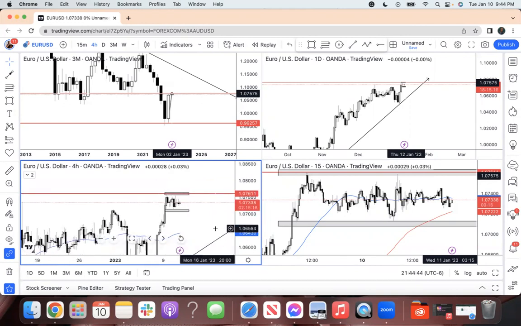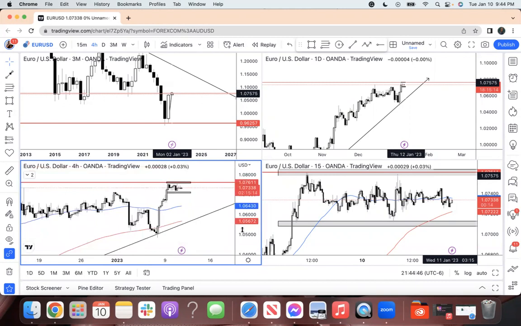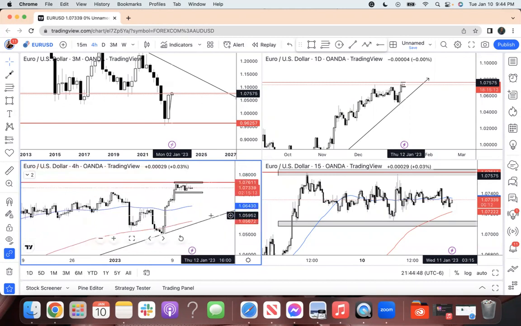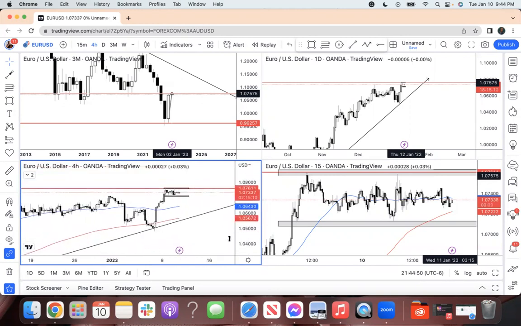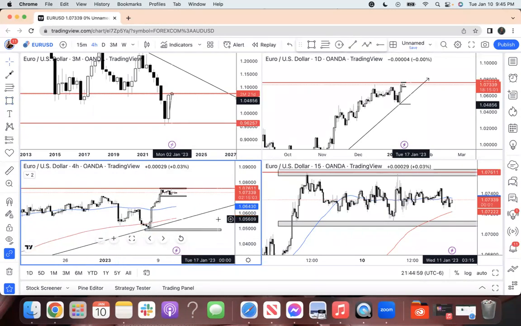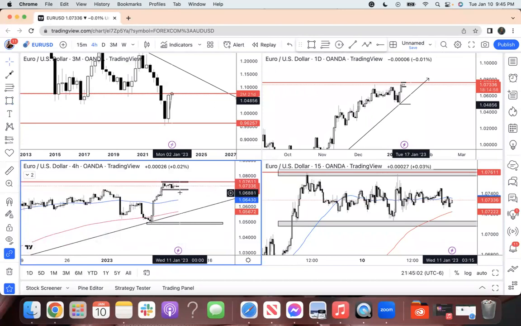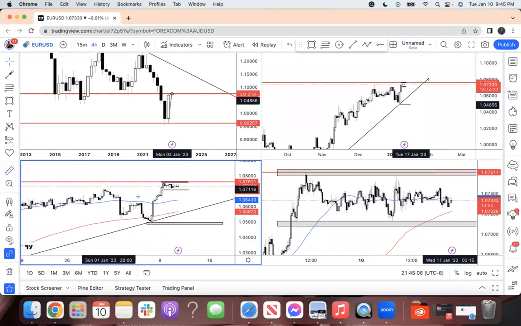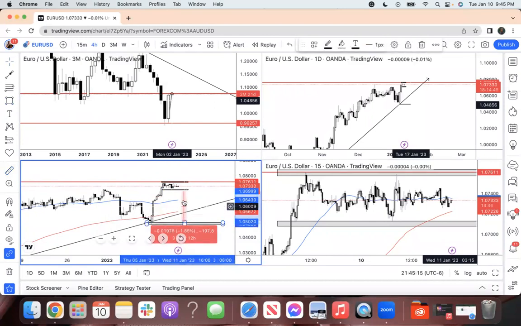And what I also like to do is look for the next area above and beneath that zone so that I know that the area that I'm targeting is more likely to be reached. So if price breaks and retests this zone, then I know that my target is going to be to this next area, which is 193